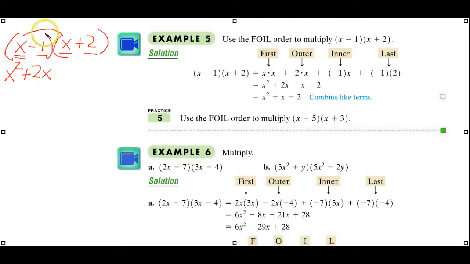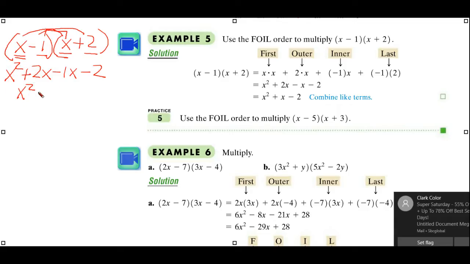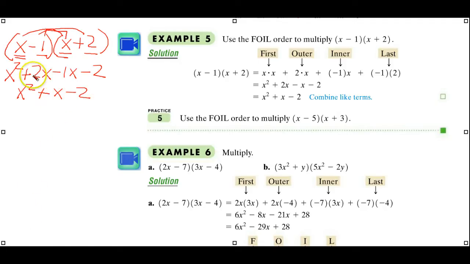Inners, negative 1x. And then last, negative 2. Combine like terms, x squared minus x minus 2. I was a little distracted. That should be a positive x there in the middle as you combine these two. Okay,